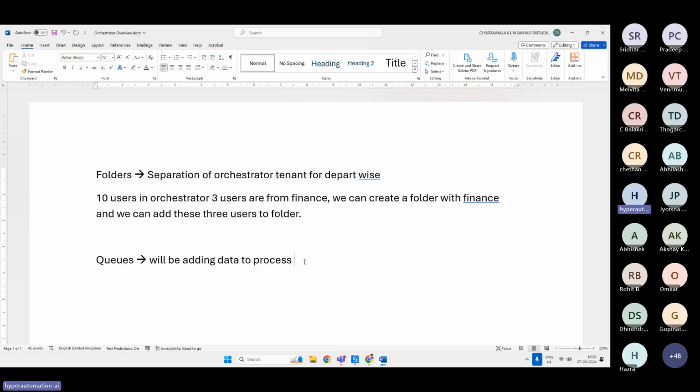But a queue is a kind of container holding data to be processed. So whatever data we want to process as part of our process, that we are going to add into the queues. And why do we need to add? Without adding also we can perform our tasks, right? But why we are going to add is by using orchestrator queues,